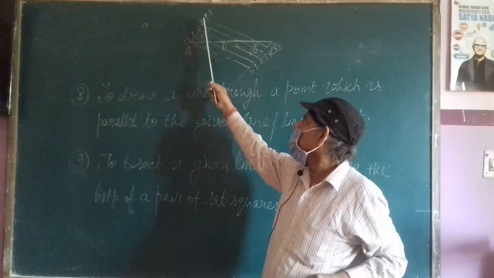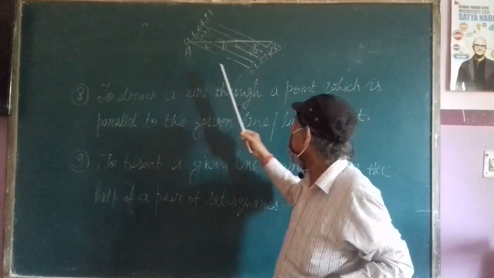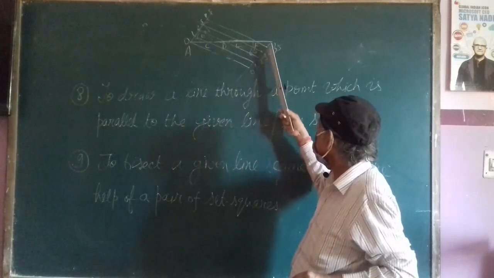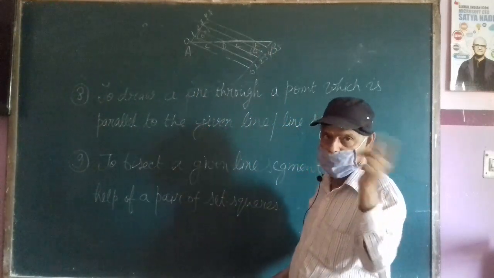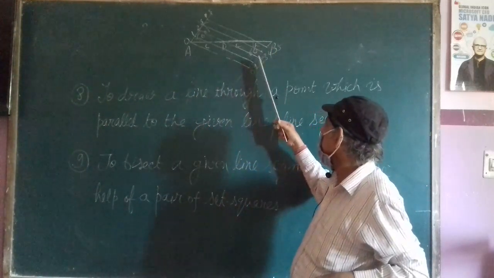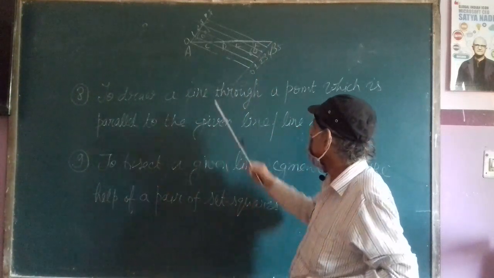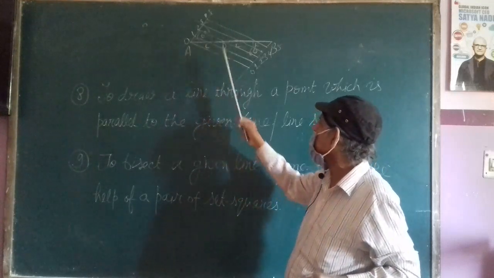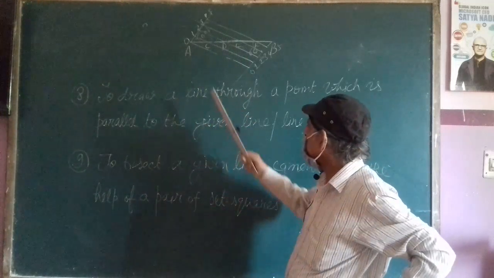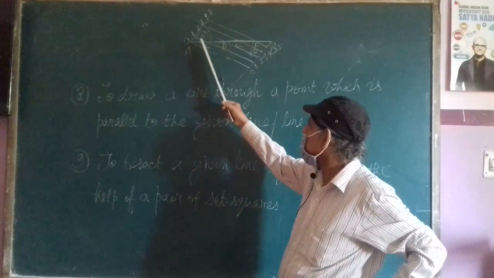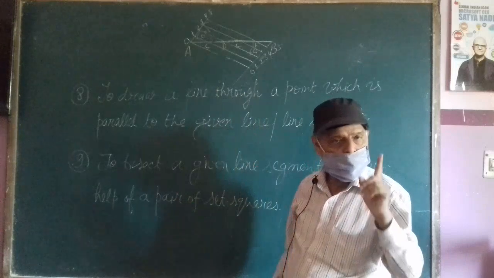1, 2, 3, 4, 5 and 0. A and 0 are common points. Then now 1, 2, 3, 4, 5, but when you number it, you will number it in reverse way. Make it 0, then 1, then 2, then 3, then 4, and last one is 5. B and 5 are common. Then join 0 to 0, 1 to 1, 2 to 2, 3 to 3, 4 to 4, and 5 to 5, you may do or may not do. So AC, CD, DE, EF and FB are 5 equal parts of AB.